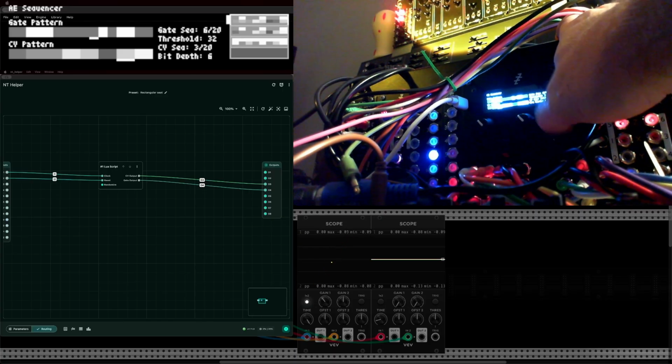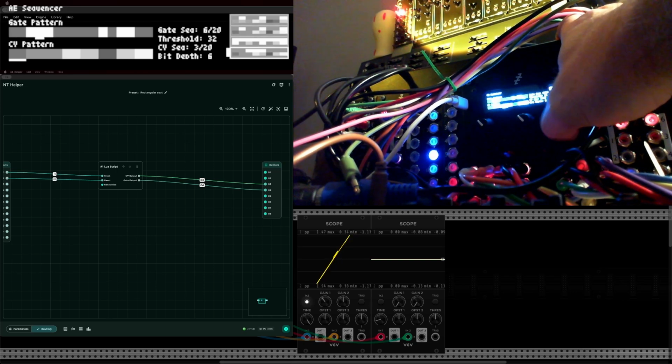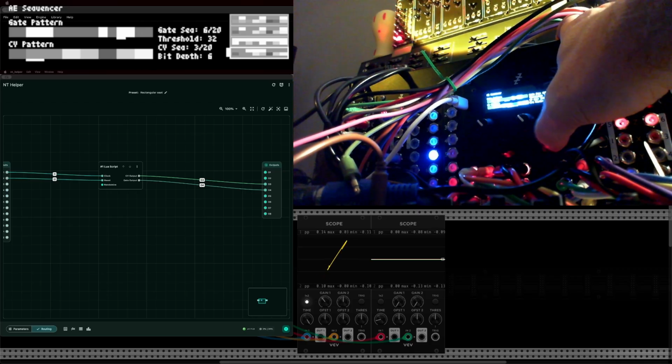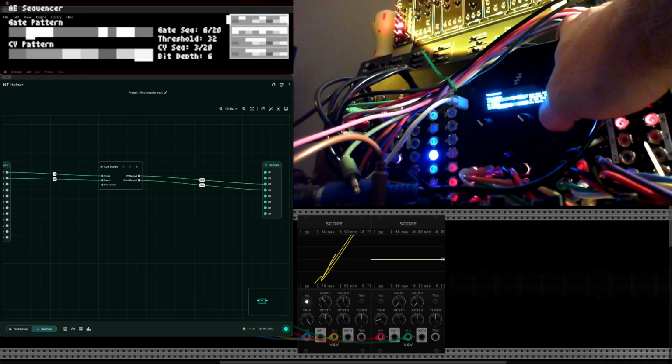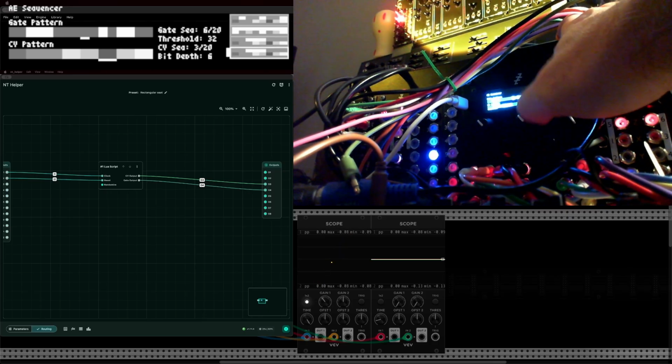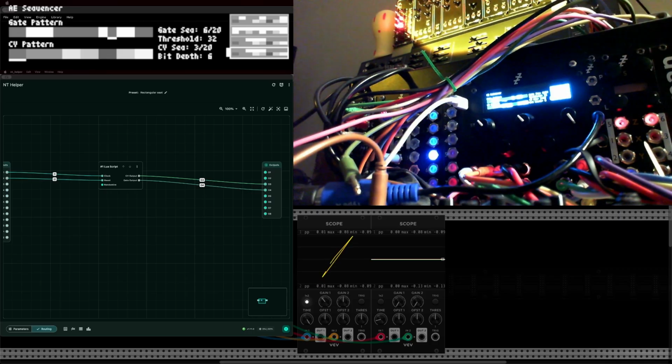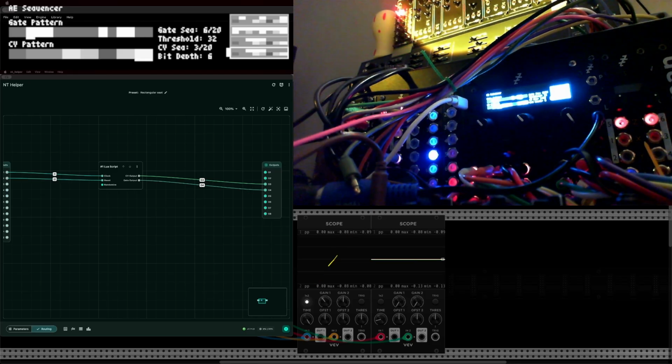So even if you're up here and you press the encoder, it will put a new one in the bottom. And if you run out of slots, the newest one will come on the bottom and the oldest one will fall off the top. So that's basically that. It is actually not quantized, so depending on your quantizer settings, so for example, if I